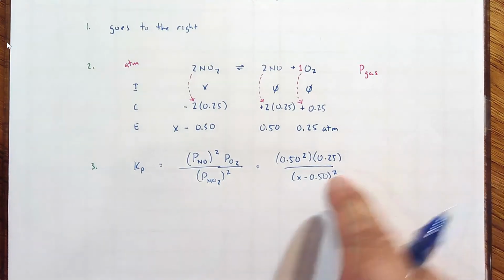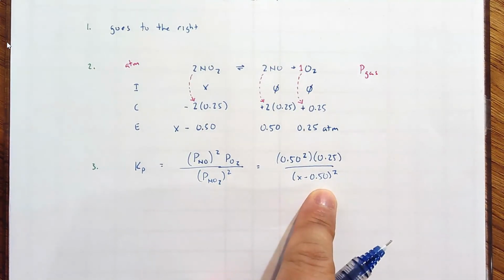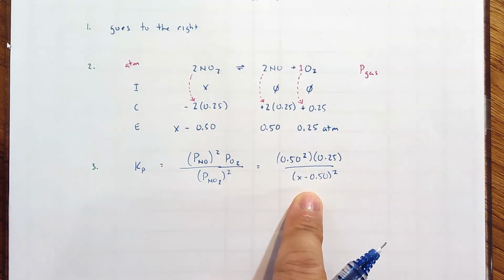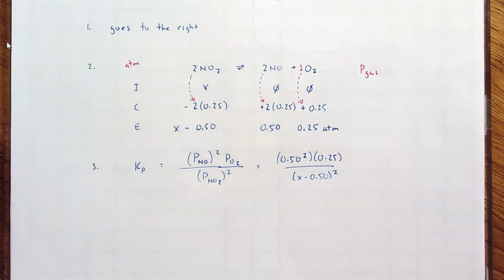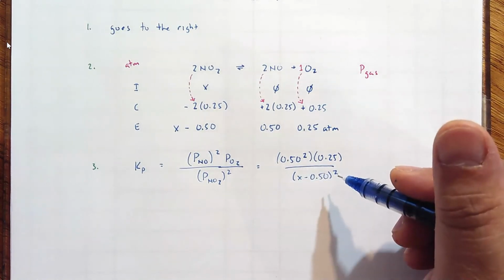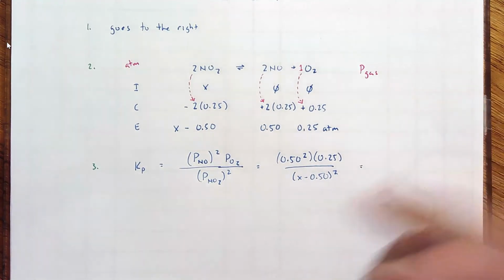I want to try to avoid having to expand this, because I don't want an x squared term. Although the numerator is pretty clean. We could actually get a number for the numerator. And all of this is equal to,